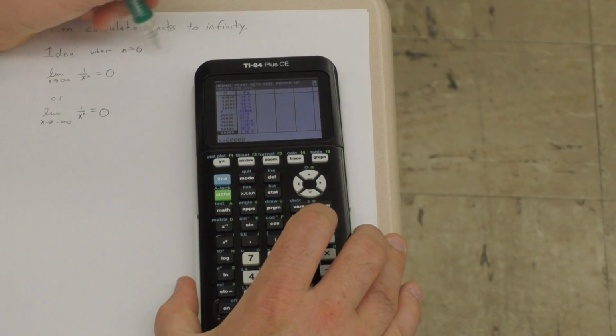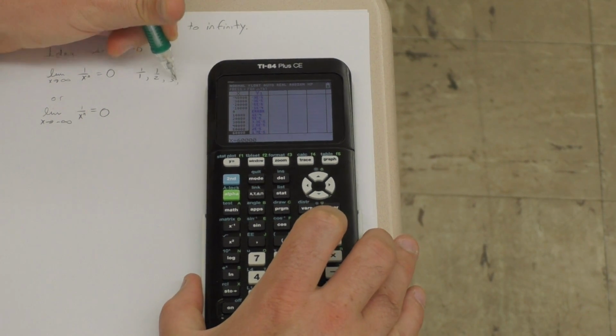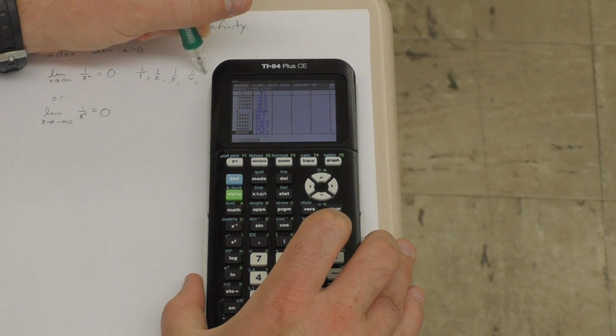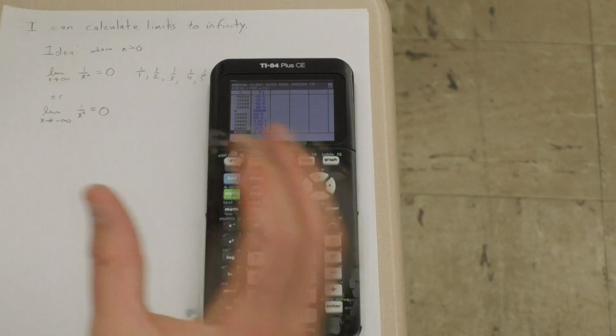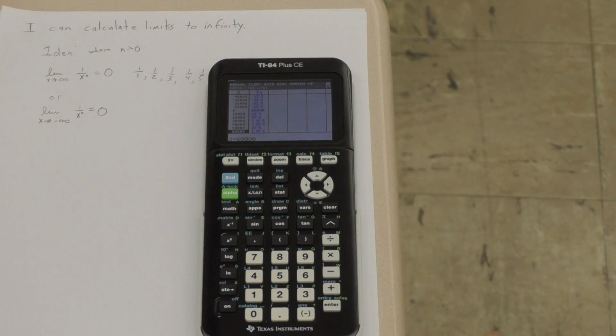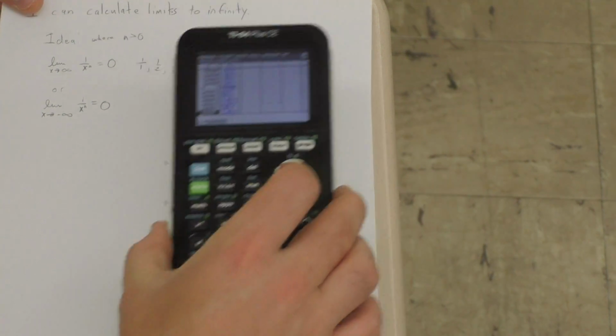You can also see this if we write this out. So if I have 1 over 1, then it's 1 over 2, 1 over 3, 1 over 4, 1 over 5. It just gets smaller and smaller, the number. So as the denominator gets bigger, the number itself gets smaller and approaches 0. Okay? So we keep this basic idea in mind because it's going to help us to evaluate